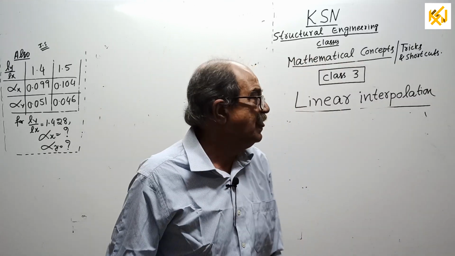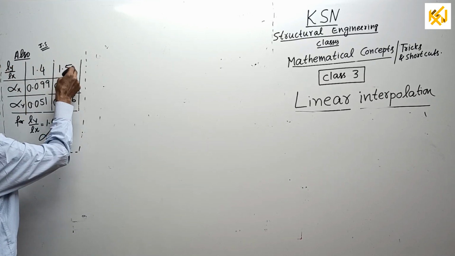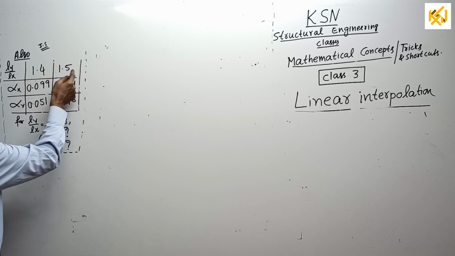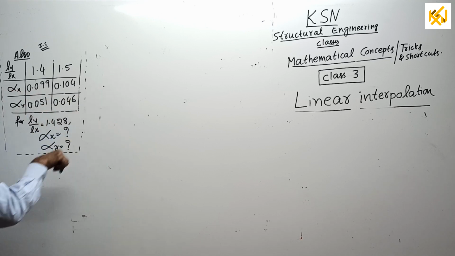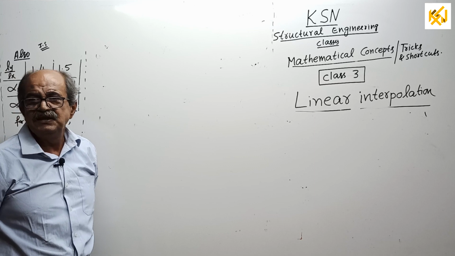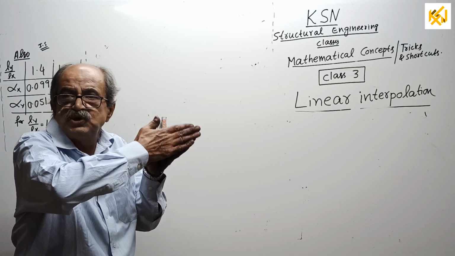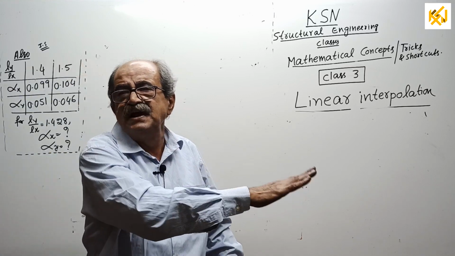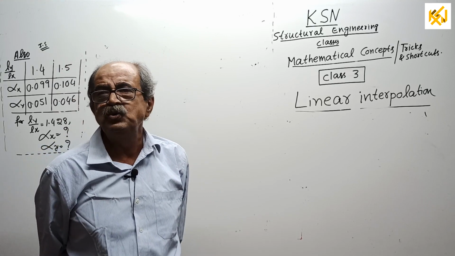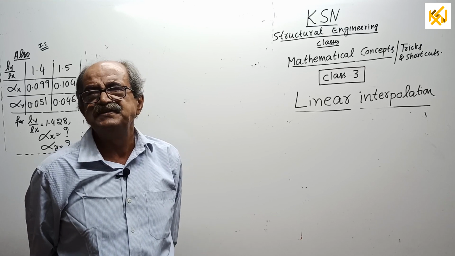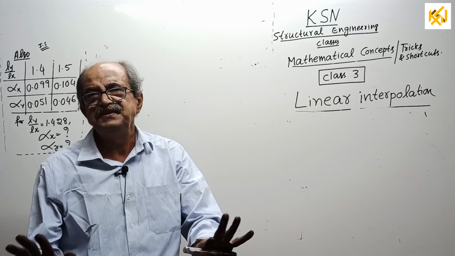So now, see correctly. If you observe correctly, Ly by Lx 1.4 increases to 1.5. When it happens, one of the values is increasing, the other is decreasing. There's a reason. As the ratio of longer side to shorter side becomes more and more, the slab will start bending more and more in the shorter direction. The bending in the longer direction will reduce. And finally, when the ratio reaches 2 or goes beyond 2, IS code says you don't have to design as a two-way slab. You can design as a one-way slab spanning in the shorter direction. These are all in RCC, not for others.